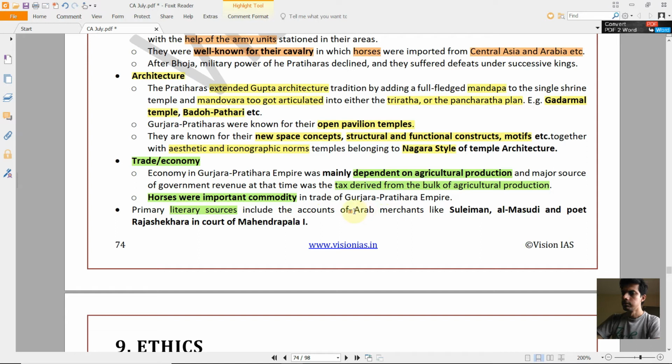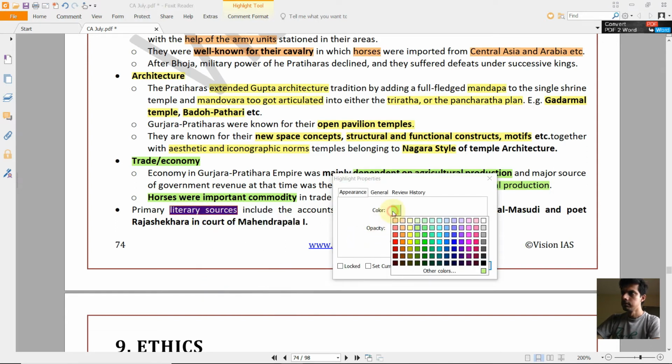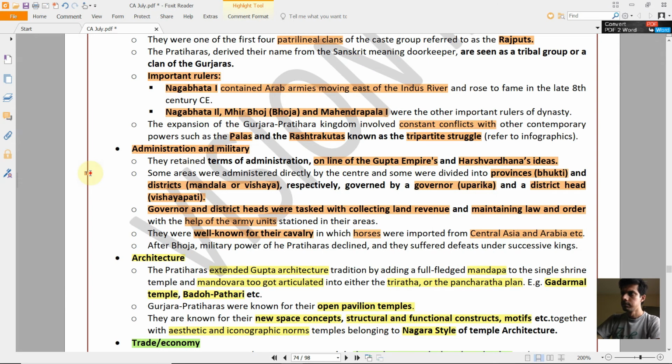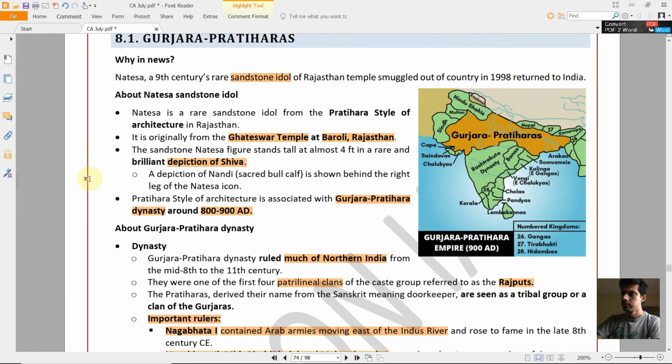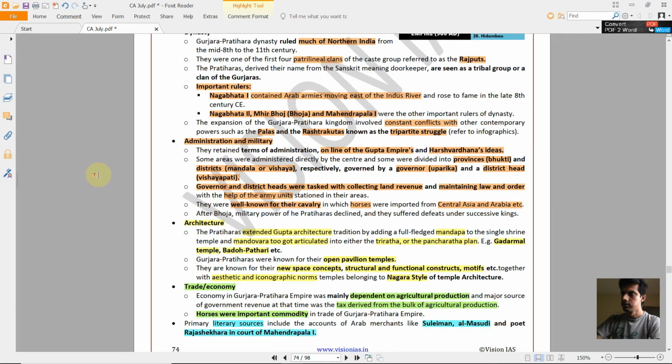Pratiharas. And again we can change the color here, light blue color, and then you can set current properties as default, and then you can write all those accounts of the merchants like Sulaiman, Al-Masudi and Rajshekhara in the court of Mahendrapala I. So now you can see how colorful it is looking. Like this, color coding helps you in visual representation. Whenever you read this article, these colors will remain in your thought and you can easily grasp the